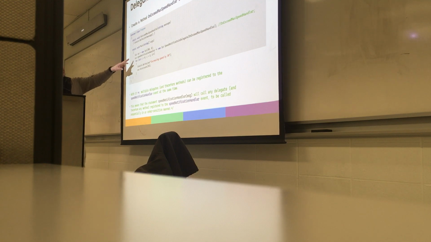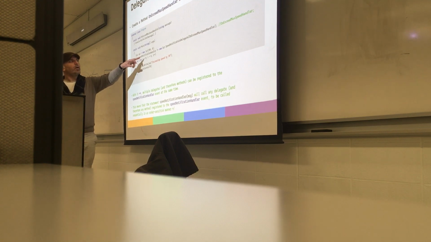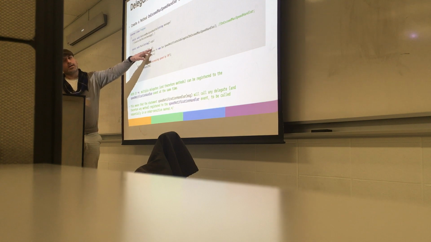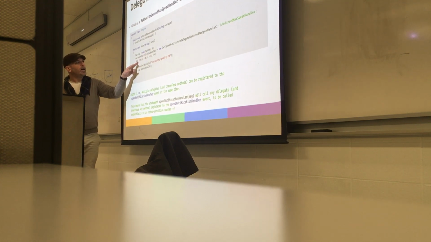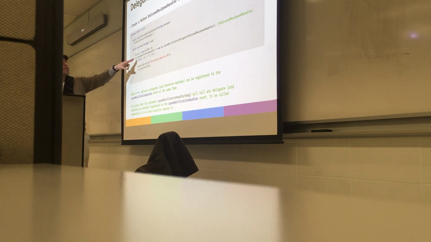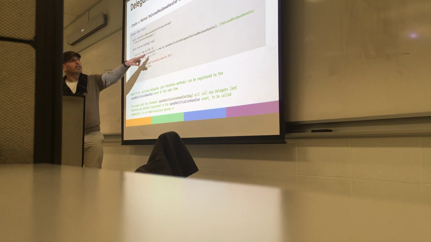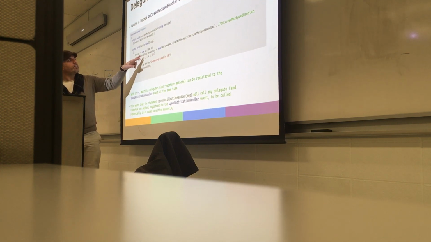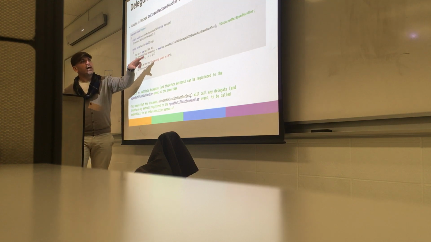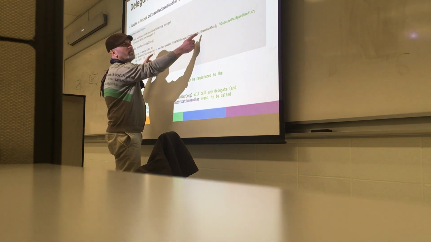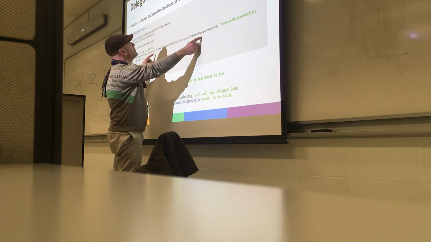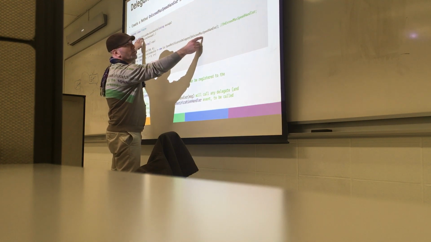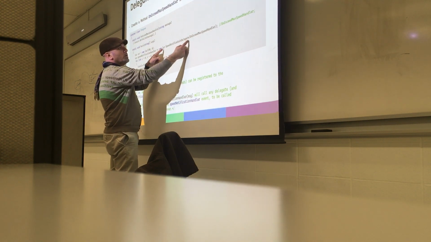Now I create the object car with maximum speed and current speed. And you see, this is the speed notification handler. I assign the method to the delegate,